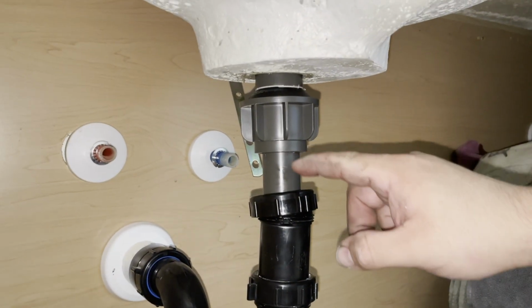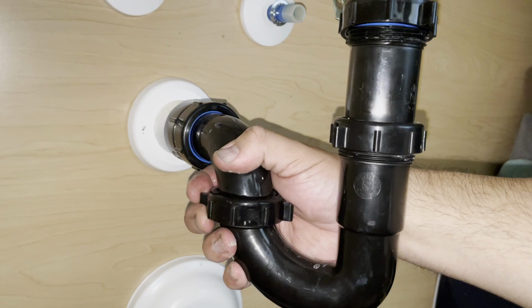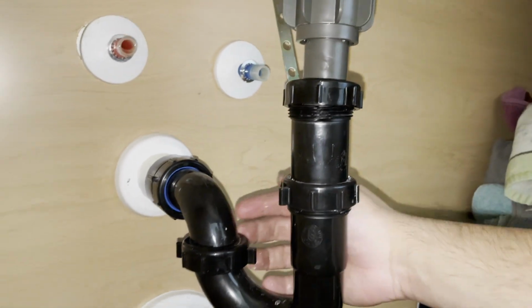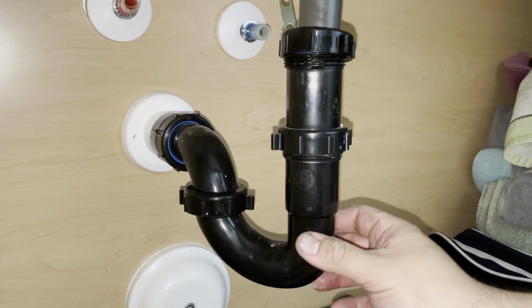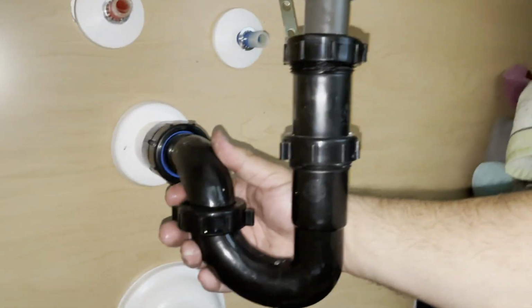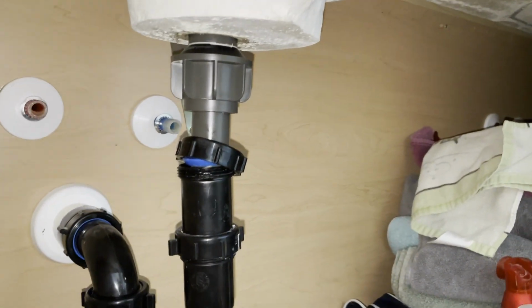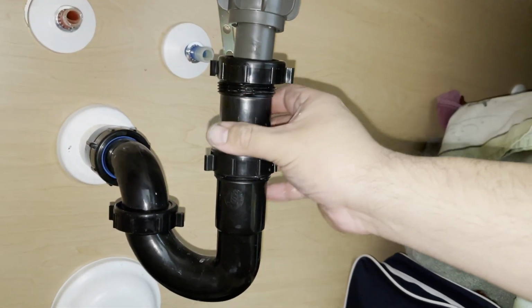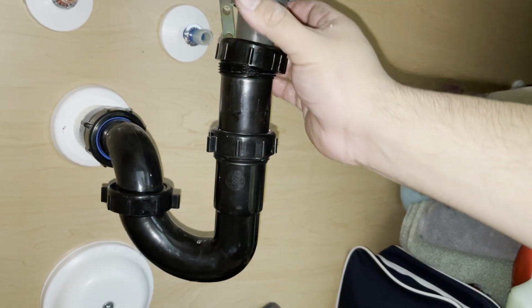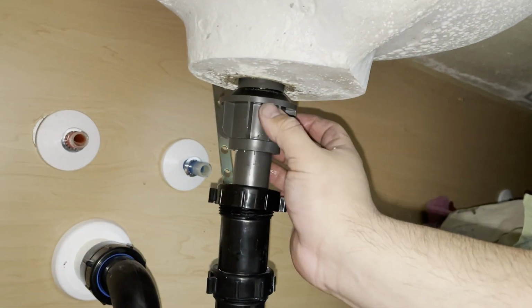Okay, so I slid this into here. I have everything loose because I want to make sure that this all works. Always loosen all your fittings just to make sure, so you can get everything lined up. Nothing's ever square or perfect in a house, new or used, but do your best. So make sure you have everything lined up. So I recommend tightening this first,